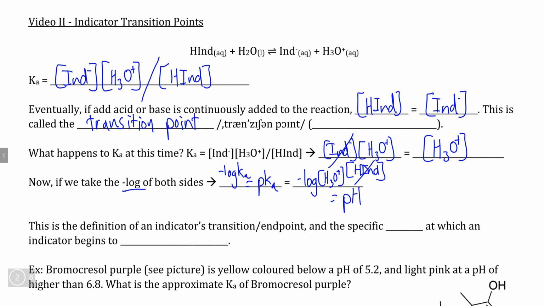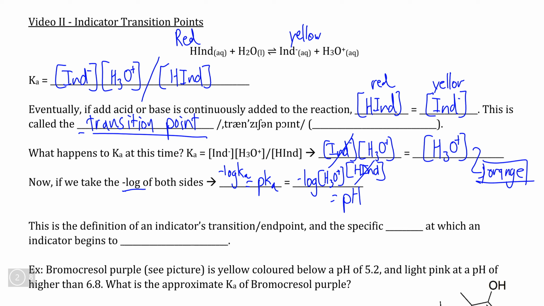it. Let's say that this hypothetical indicator solution is made up of an indicator that actually has two different colors. Let's say that in its acid form, our indicator is red, and in the base form, our indicator is yellow. Well, if we have an equal amount of red as we do yellow, when our indicator falls to the transition point, our solution is not going to appear red or yellow, but orange. Now, the fact that we can identify the transition point so easily just by looking at the indicator visually means that we can determine that this specific pH, where the concentration of acid and base forms of the indicator are equal,